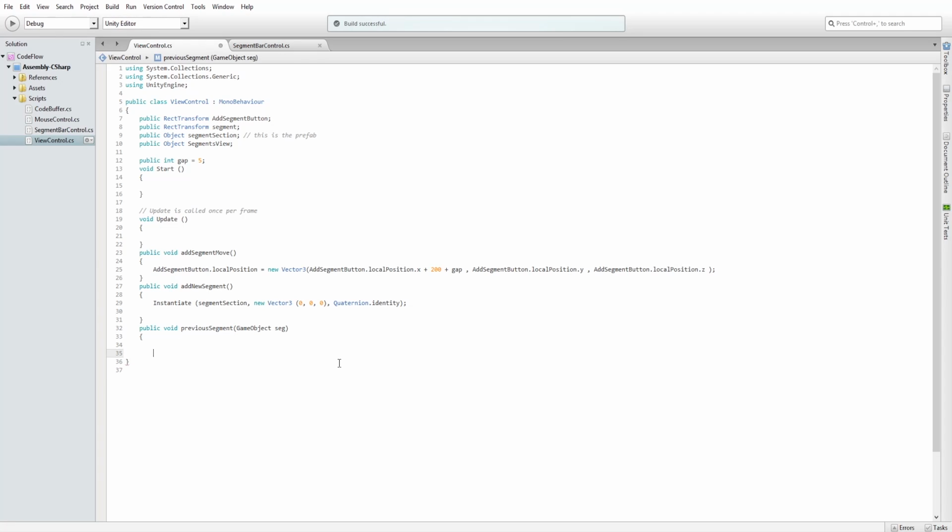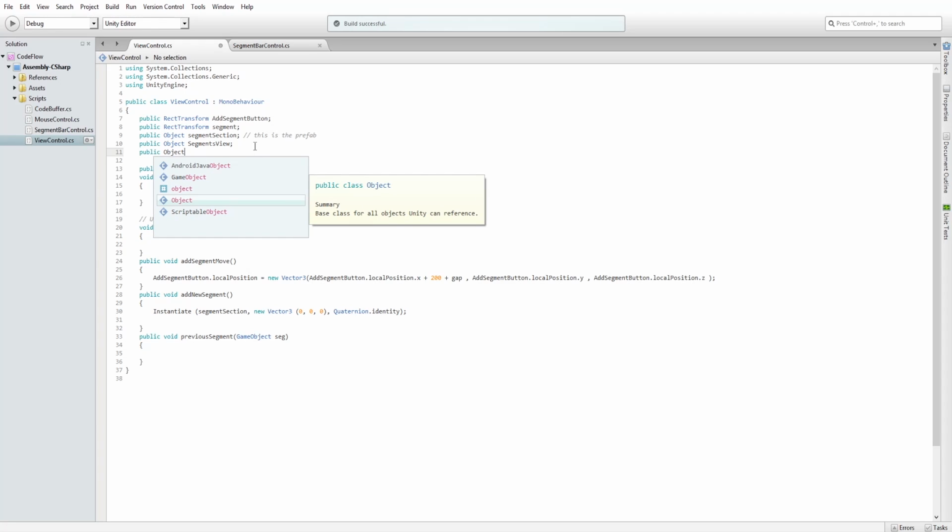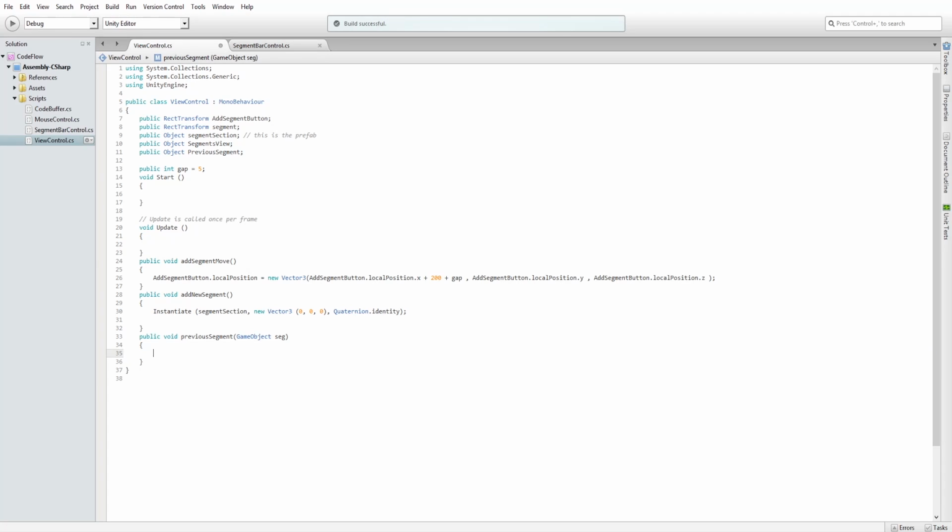So now this is going to be the previous segment, right? And then basically what we're going to have here is a public object previous segment. So now basically what this does is it sets previous segment